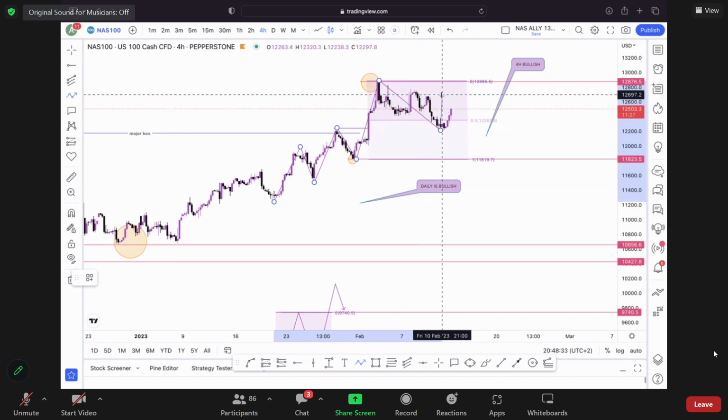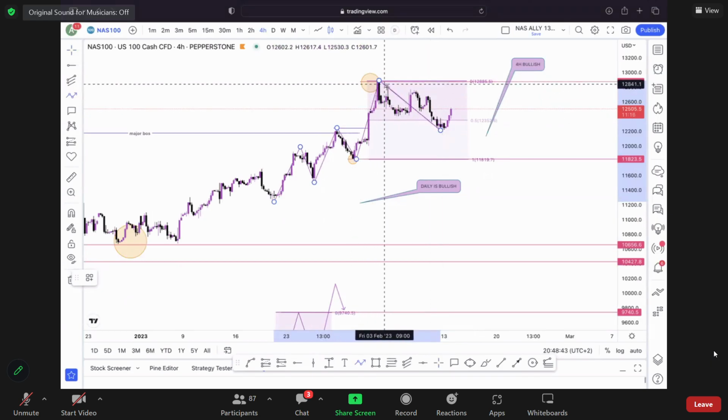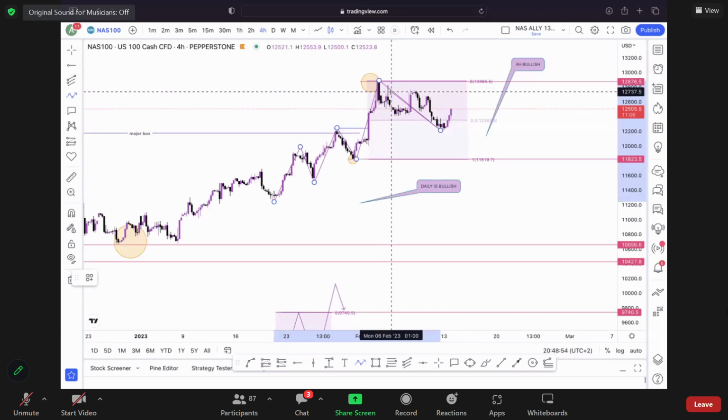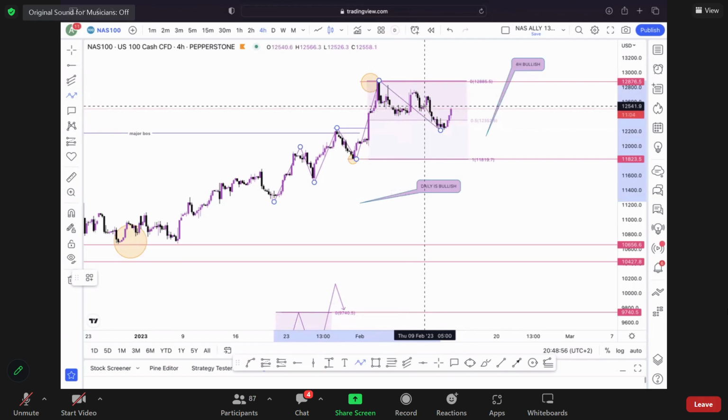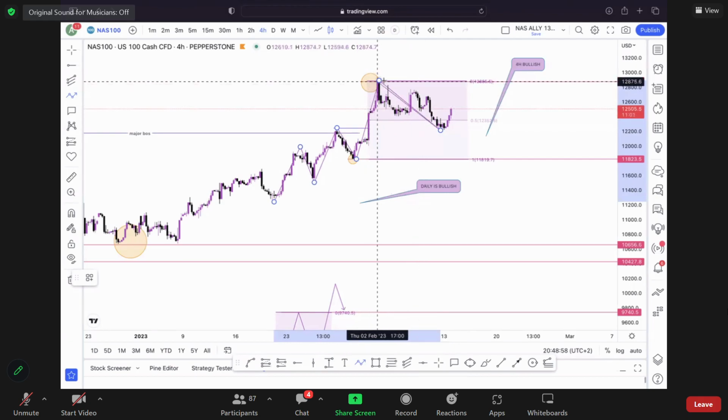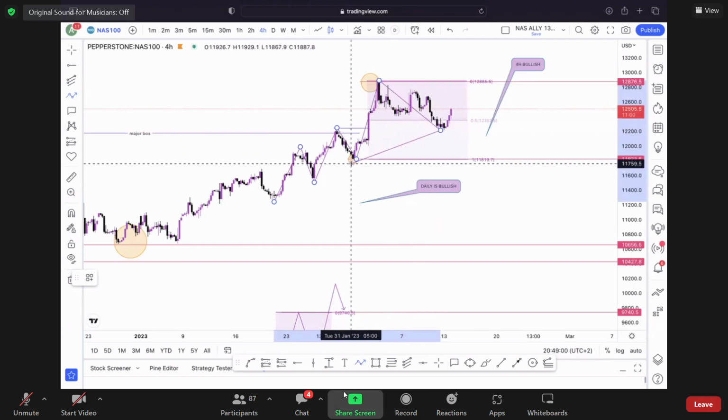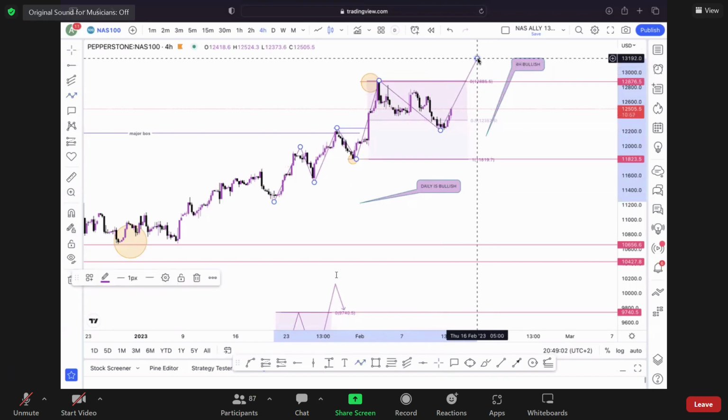Okay, now let me give you a word of advice. Don't think in terms of what you think at this point. It doesn't mean that that high is going to hold. Okay, so I want you to look for yourself and create your own narrative. A lot of you said that the market's going to fail, and yes, it can potentially fail. But the fact that the market respected this low, we should take out this high.